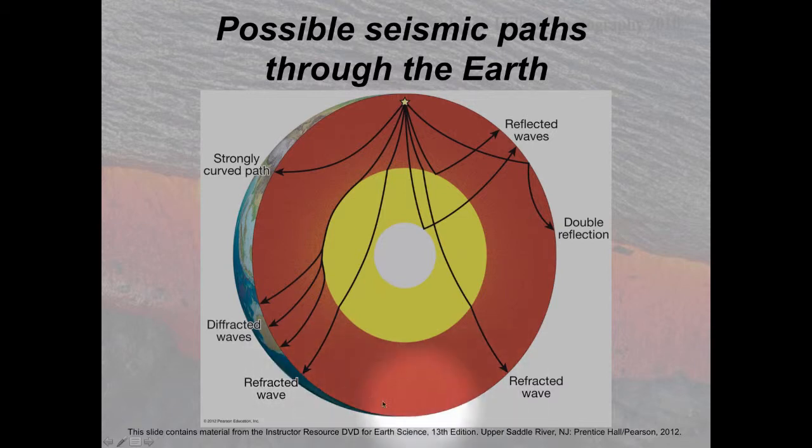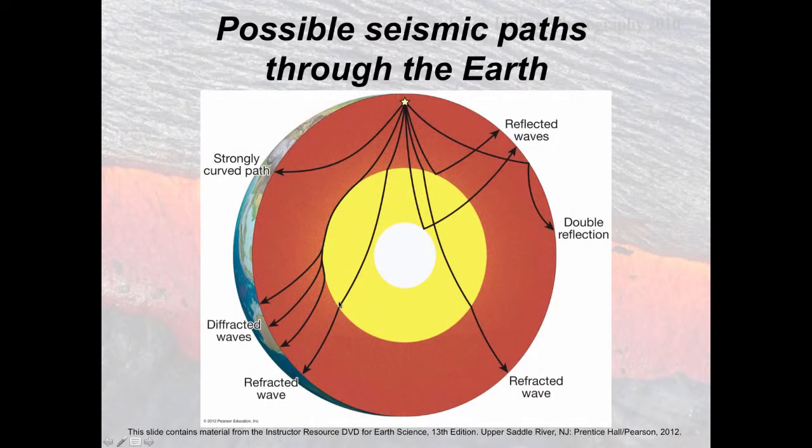And the shadow zone is a phenomenon that's been observed, that earthquake waves are not seen for about 140 degrees on the opposite side of the Earth from a major earthquake. And science has been able to use that fact to infer that, in fact, the outer core is liquid. Because if it was solid, you wouldn't get as dramatic a refraction of these waves as they move through.